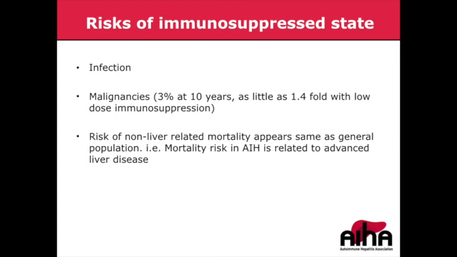These are the risk factors. If you already have advanced disease at the get-go, you're at increased risk, and we know this. So the vast majority of people were alive, or if they died, it was from non-liver-related problems. What's also important is, and I didn't put it there, that the risk of non-liver-related mortality was the same compared to the average population. So the risk to someone with AIH, if they achieve remission in the long term, appears to be related to liver disease, not from the other things, not infection, not cancer, although we're never going to ignore them.